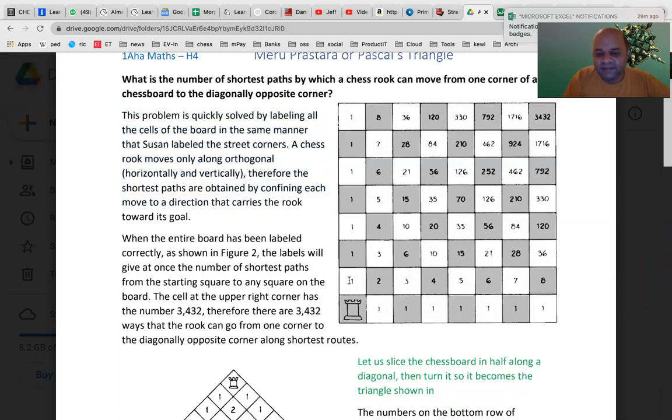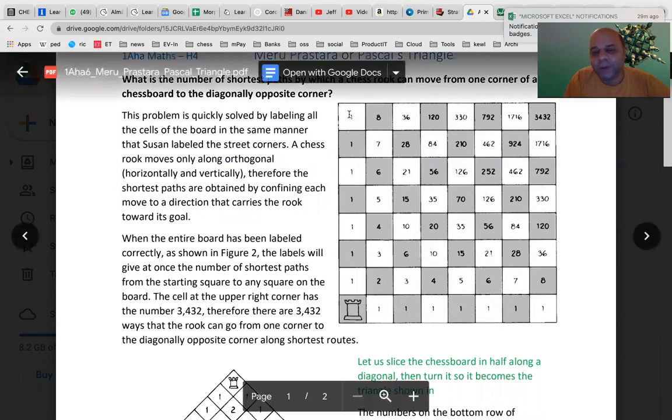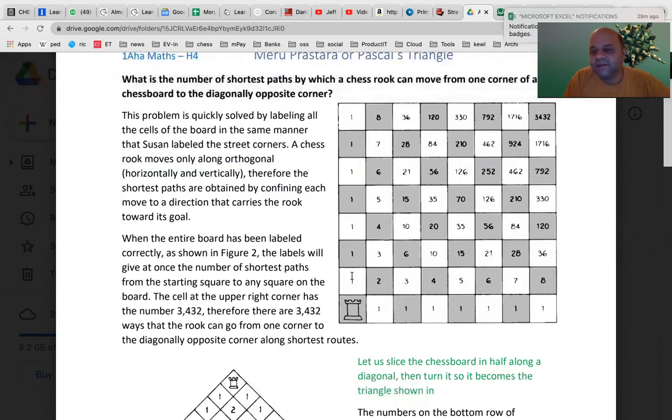If you follow that, then this row will be all 1 1 1, because there is only one straight way of reaching it. Imagine there is a small dot at the center of each of these squares, and those are your nodes, like what we had in Susan's class, right? So how many ways can you reach this? Only one way, so you number it as 1.